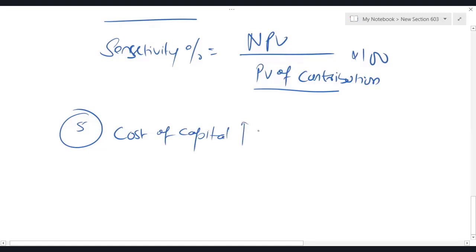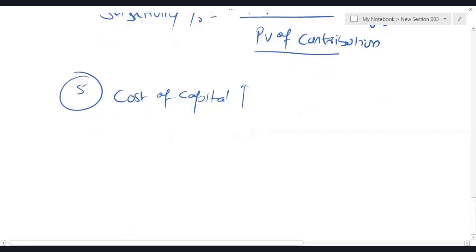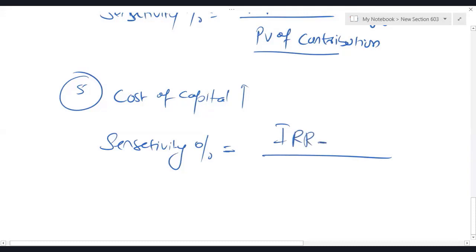And for cost of capital, we know that if your cost of capital becomes equal to IRR, then NPV becomes 0. Because we did study IRR, and IRR actually is a discount rate which produces NPV 0. So how do we apply the sensitivity percentage formula? Simply IRR minus cost of capital divided by cost of capital